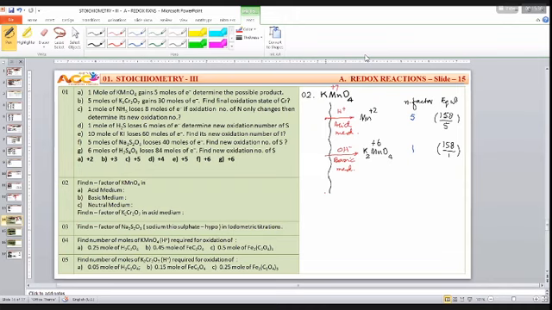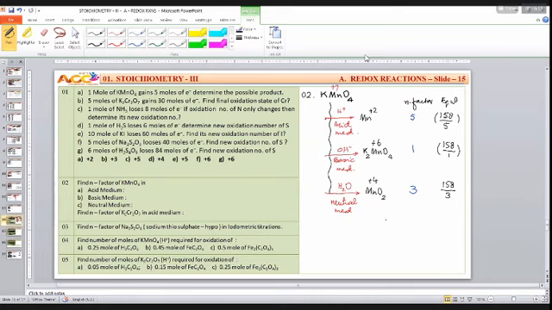Okay, now come to neutral medium. Suppose I have a neutral medium; in that case, they will write water on the arrow mark. This is called neutral medium. If you have neutral medium, then potassium permanganate changes to MnO2. What is the meaning of MnO2? Mn is plus 4. Change in oxidation state is 3 units. Remember, therefore, the equivalent weight of KMnO4 in neutral medium is 158 by 3.